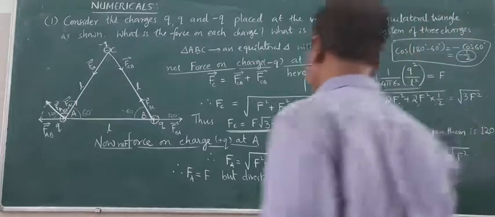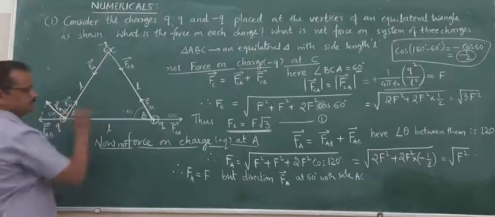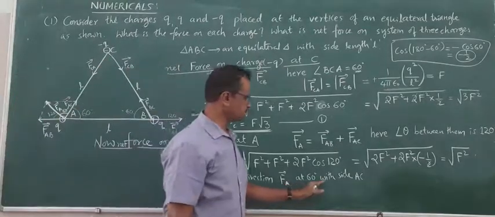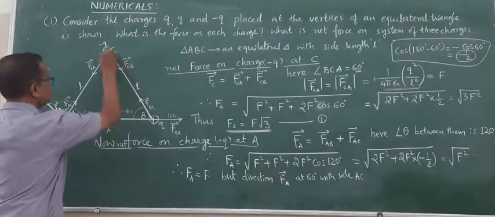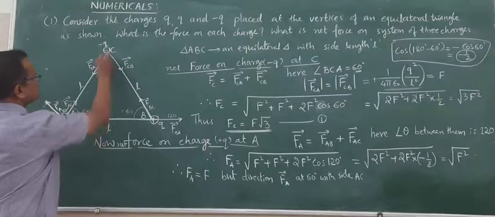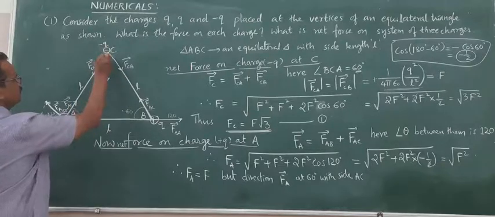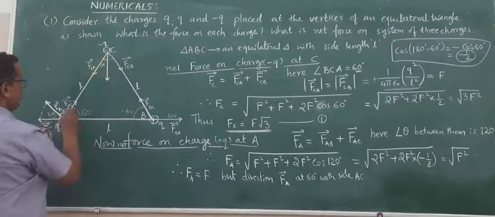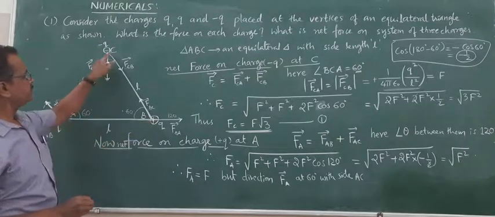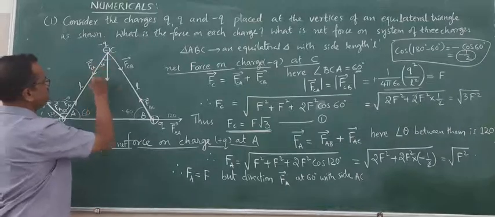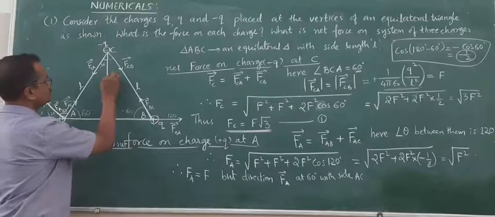So we got the direction of FA at about 60 degrees with respect to AC. So the direction of the FA vector is at 60 degrees with respect to AC. Similarly, what is the direction of FC? FC is bisecting this angle BCA, so it is an angle of 30 degrees with the side AC, or an angle of 30 degrees with the side BC. So it is bisecting this angle BCA. So definitely it is at an angle of 30 degrees, and this is vector FC.